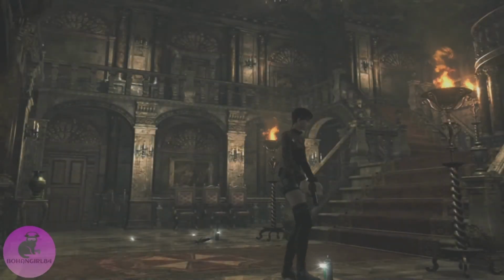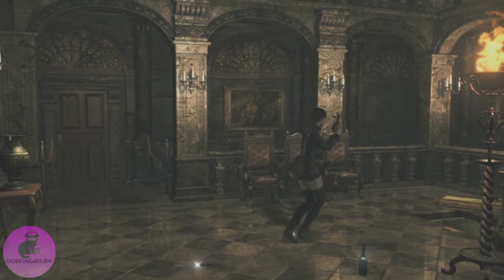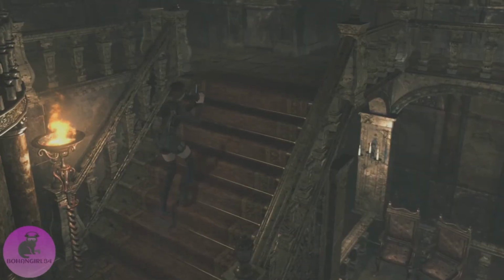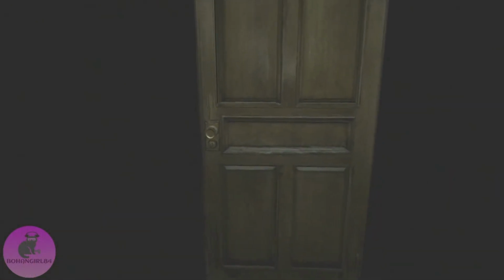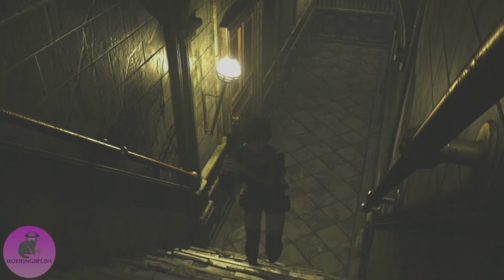The other thing that I'm going to do also is, as Rebecca, I'm gonna purposefully drop maybe a couple of healing items in the room that we're gonna fight that boss in. Just in case Wesker takes a lot of damage, I can just pick up those healing items and avoid dying, hopefully. So yeah, before I go in there,